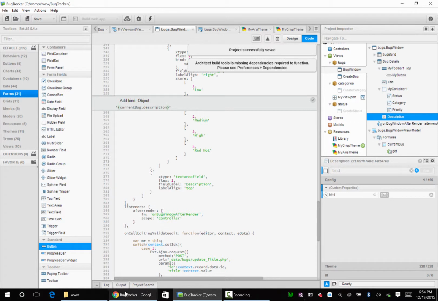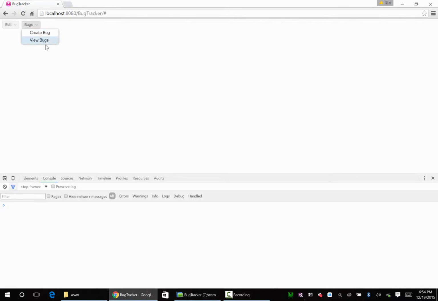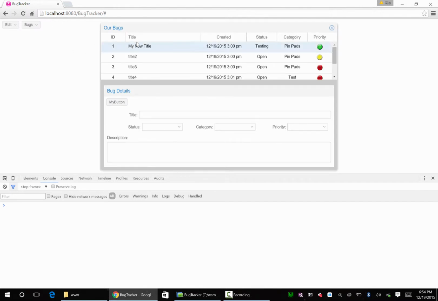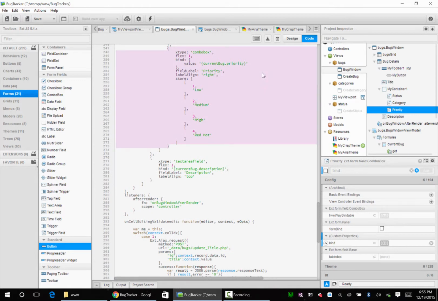Okay, let's see where we're at. We should be in good shape here, fellas. Ladies. View bugs. So we got pin pads, priority's not quite right yet. Description bound up. So the only battle we have right now is priority. So it's good on there. It just doesn't really know. Doesn't have a value field really, so